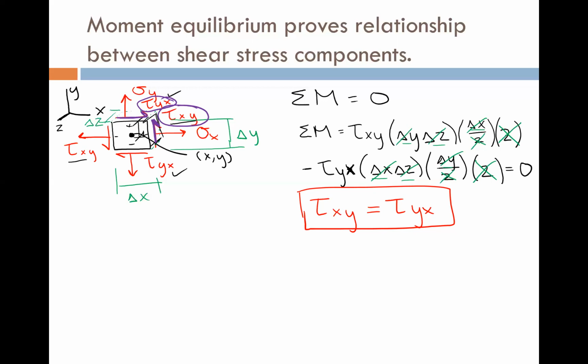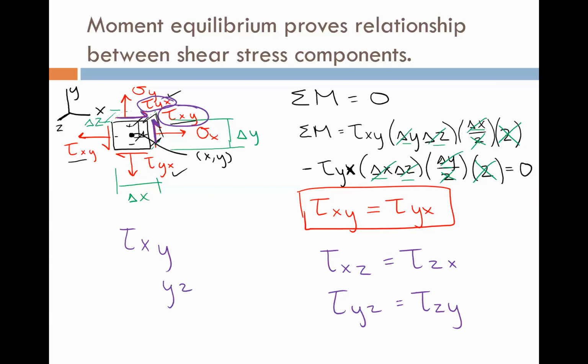And we could have done this with the 3D stress state, except that the other stresses would not have added into this equation. But if we make this a full 3D stress state, and then we look at it by taking the sum of the moments about the x-axis and the sum of the moments about the y, we're going to find the same results, except then it would be tau xz equals tau zx, and tau yz equals tau zy. And because these statements are true, we often only use the terms tau xy,